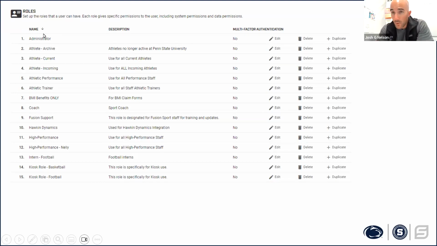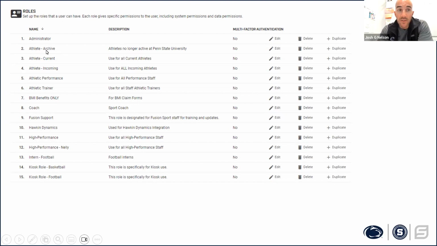Roles. I mentioned roles being the point in which we can control access based upon privilege or need. So what we do is we are going to set up specific roles for specific personnel. So let's just look at athletes because we've already discussed this.